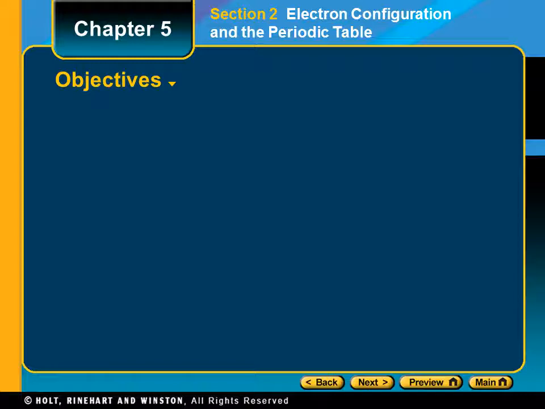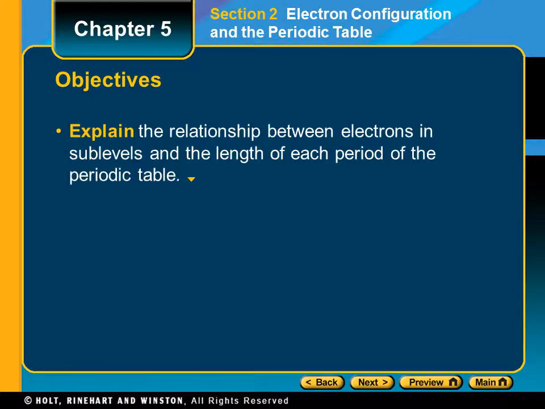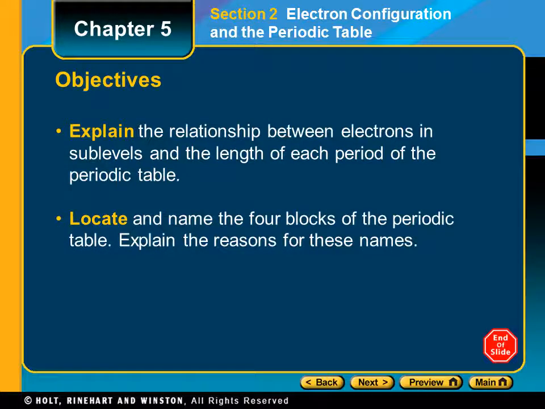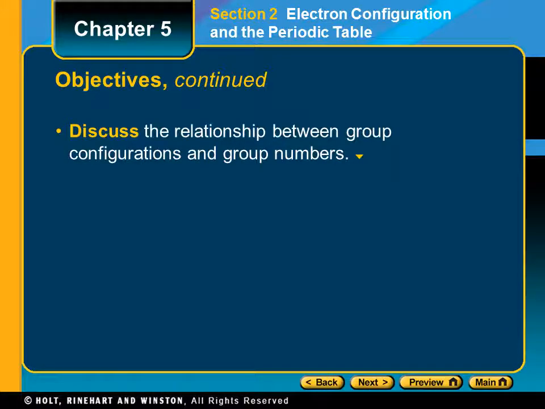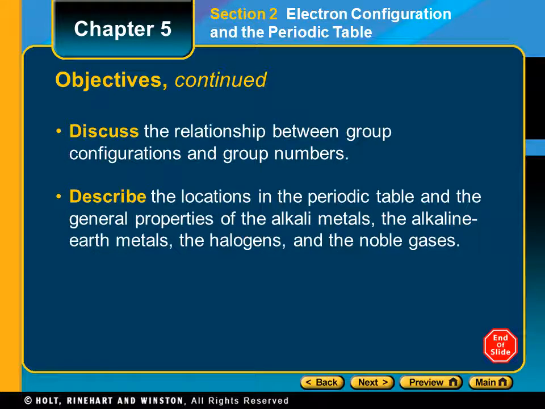Alright, so now we're going to look at section 2, and in this section we'll look at electron configuration, which you've already been introduced to. We're going to look at electron configuration and how that relates to the periodic table and what we've already talked about. So we're going to need to be able to explain the relationship between electrons and sublevels and the length of each period of the periodic table, and locate and name the 4 blocks of the periodic table and explain the reasons for these names. So we're going to jump right into that now. Discuss the relationship between group configurations and group numbers. Describe locations in the periodic table and the general properties of the alkali metals, the alkaline earth metals, the halogens,